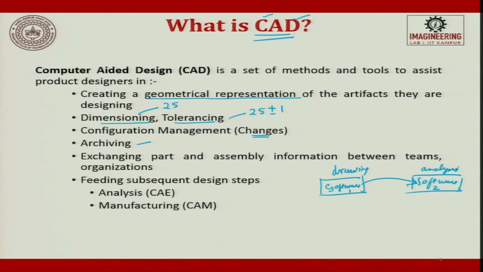So, here exchange of part assembly information between teams or organization can happen. Next is feeding subsequent design steps like analysis and manufacturing, all are part of the assistance to product designer. So, all these operations set of methods can be done using CAD.